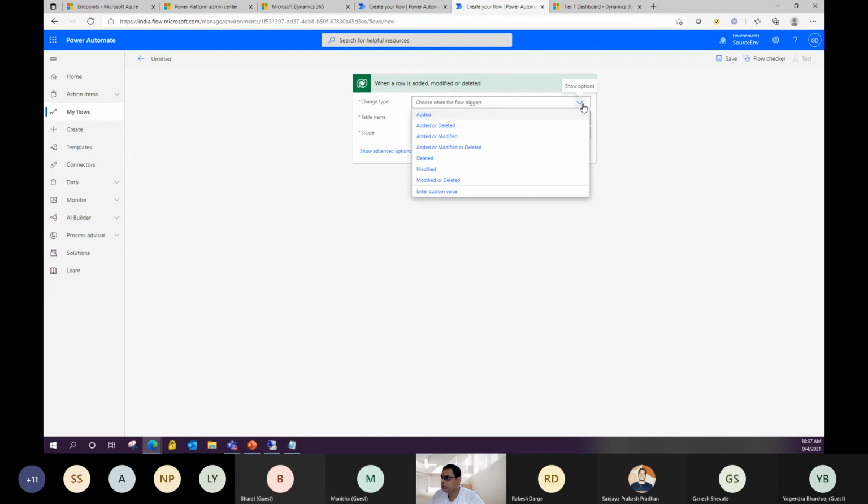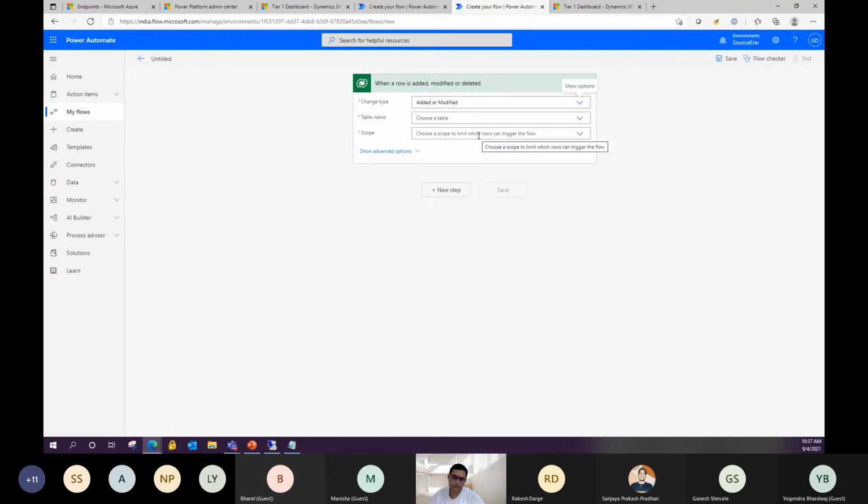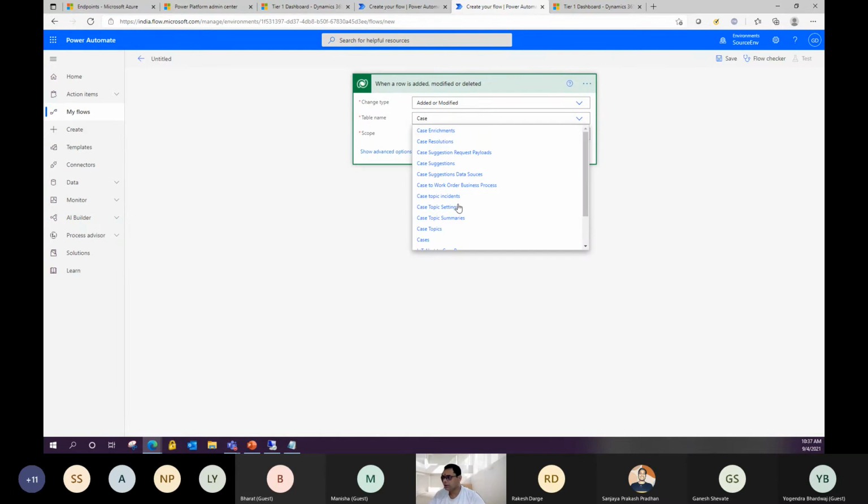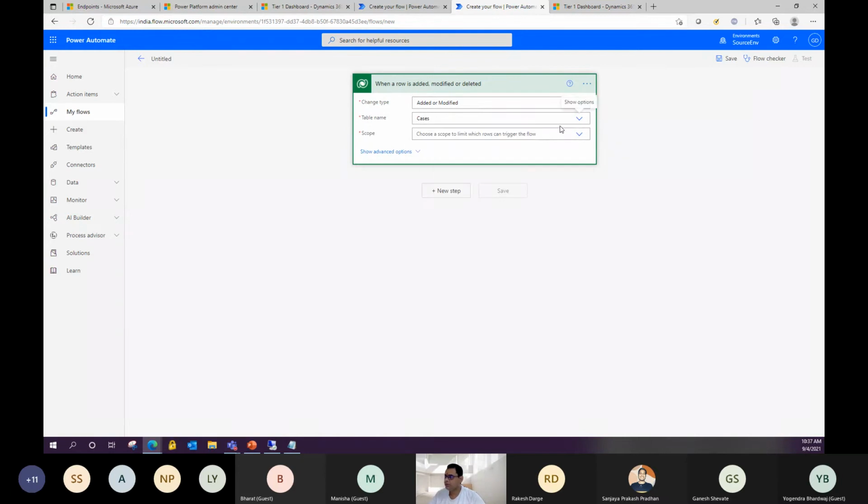We will select the trigger added or modified, because if I add a new case, that will be reflected in the target environment, and if I update any case in the source environment, that change is also reflected in the target environment. The entity, I'll select cases, and for scope, I'll take organization, because this flow will run for all the users.